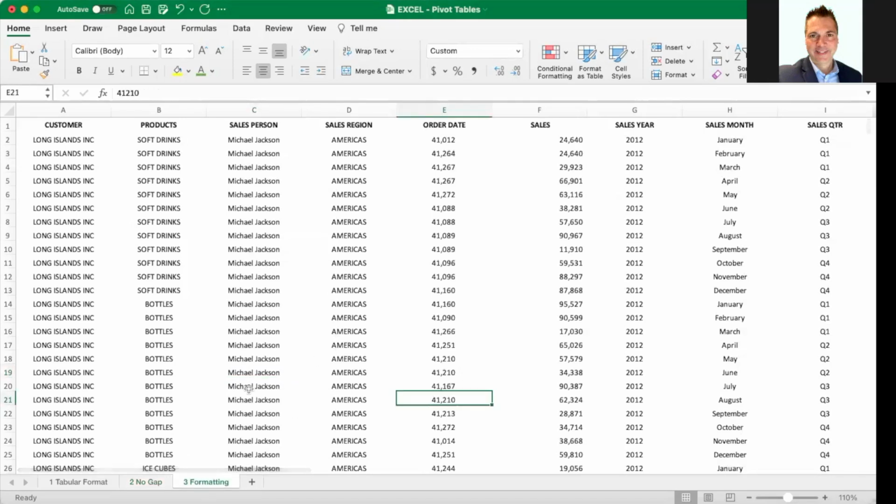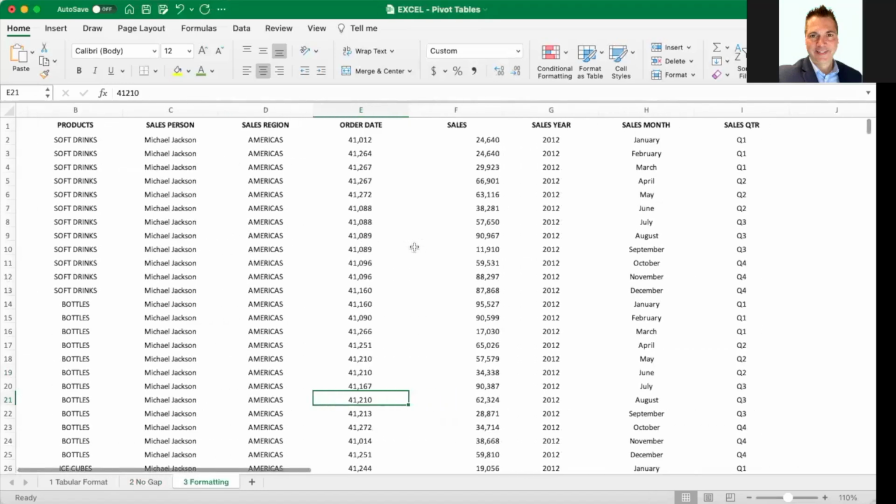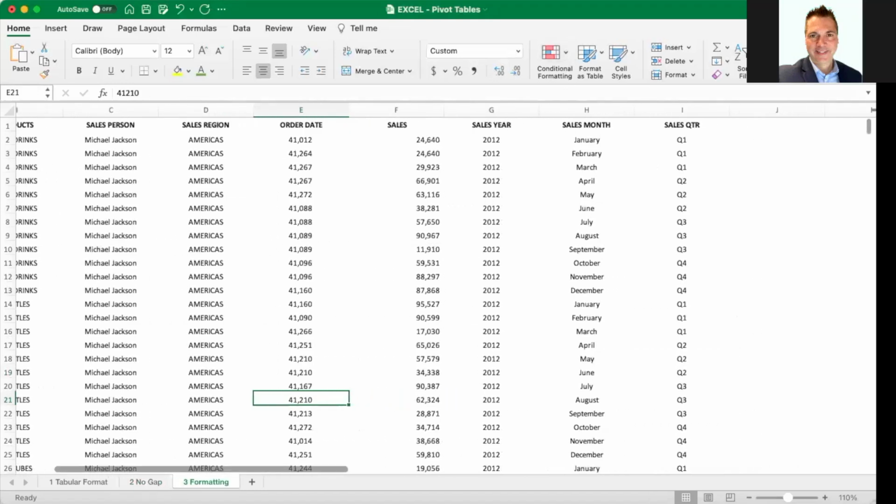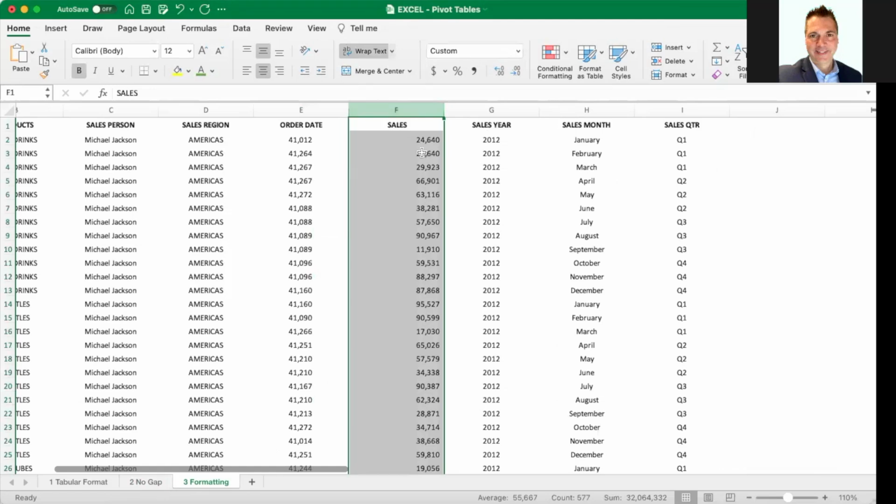And again, in the information that you'll receive, you'll get workbooks for each of these exercises I'm going through. There'll be one for tabular format, one for no gap, and one for formatting, and there'll be others as we go. So here, if we go to the sales column, to make sure that we're talking about numbers,